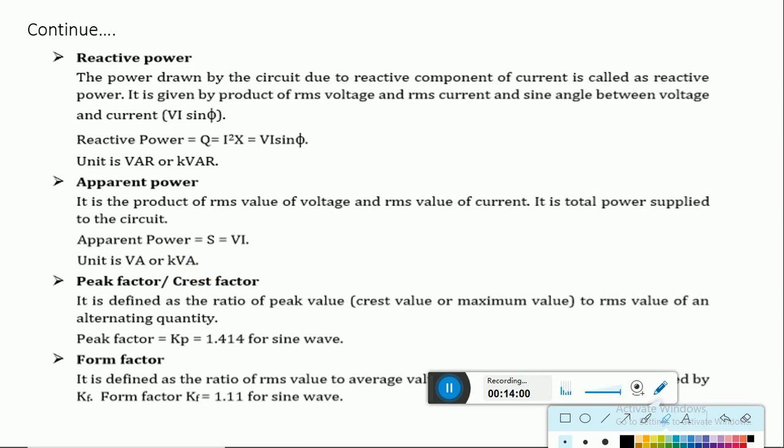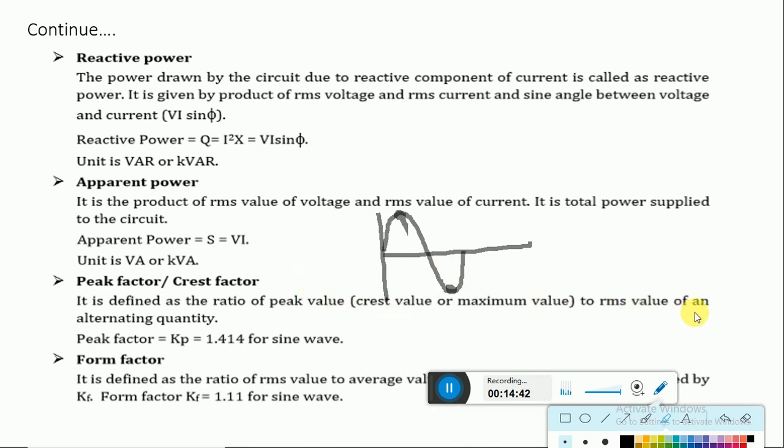The next important term related to AC circuit is peak factor or crest factor. Peak factor defines the peak value of the signal. Peak value means, suppose we draw a waveform like this. This is our waveform. This point indicates the peak value, positive peak and negative peak value. It is defined as the ratio of the peak value, meaning crest value or maximum value, which are synonyms of the peak value,